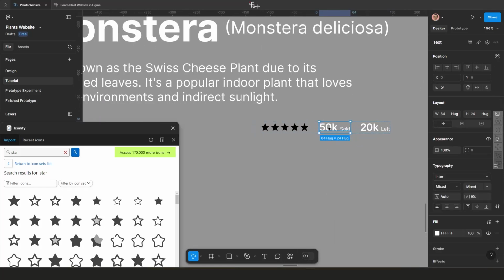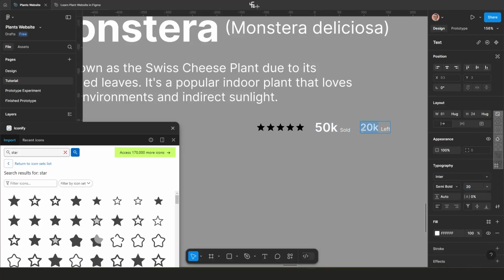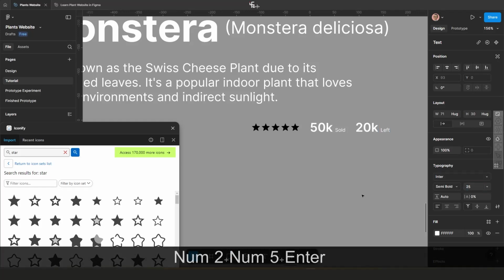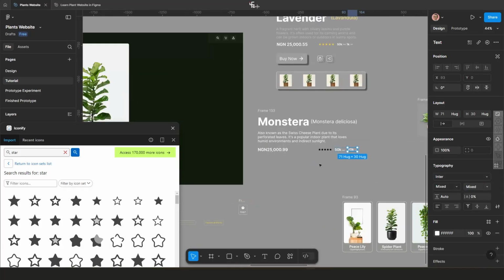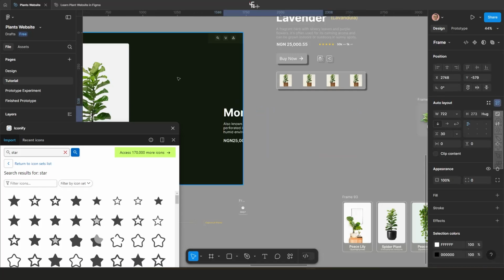Or maybe for this, make it 25, and do something like this, 25. Be careful. All right, so now we have something like this. If we move it in,